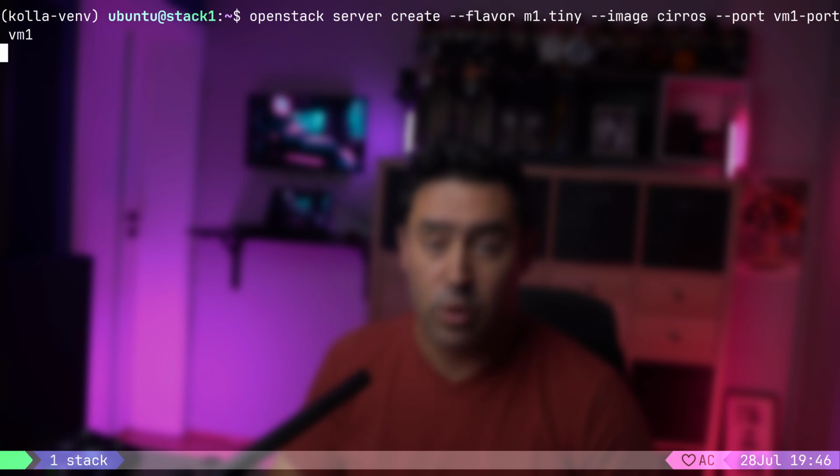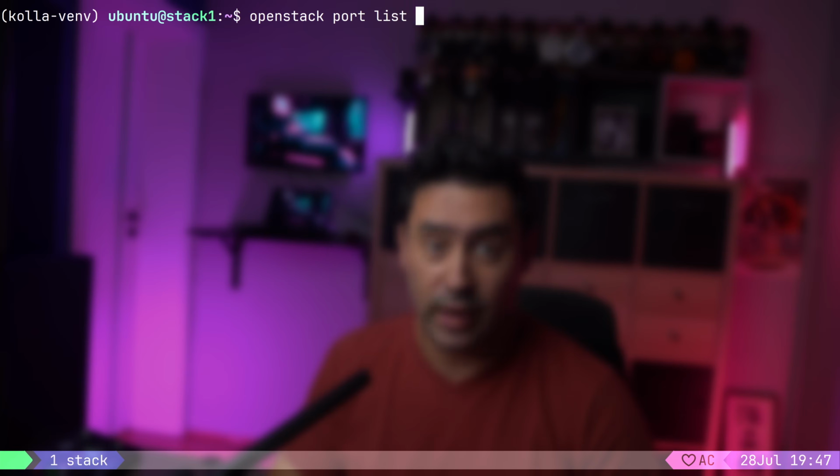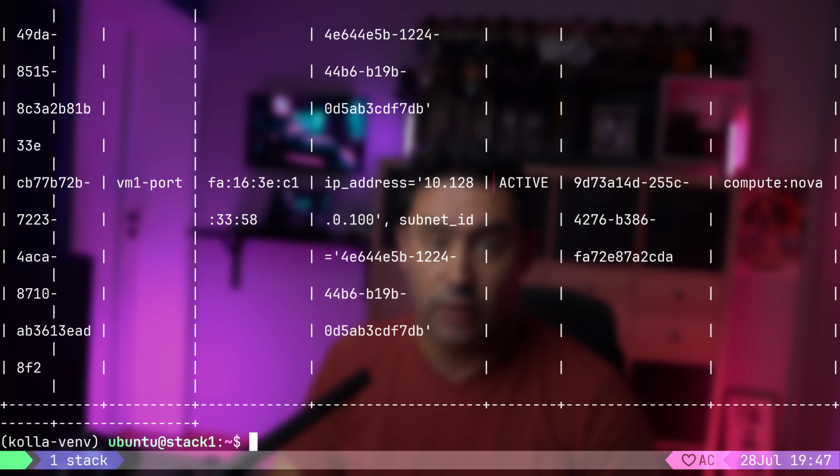Now let's create the VM. Instead of specifying the network, we can directly provide the port we just created. After a few moments, if we list the ports again, we'll see the final result. The port status is now active and its owner is Compute Nova. And just like that, our VM is live and connected to the network through the expected port and IP address